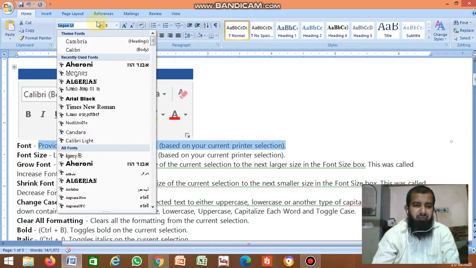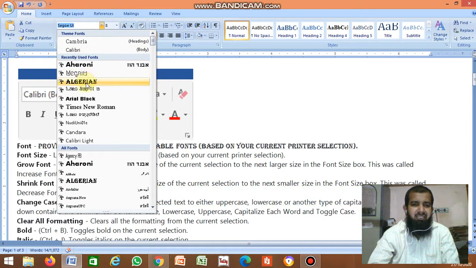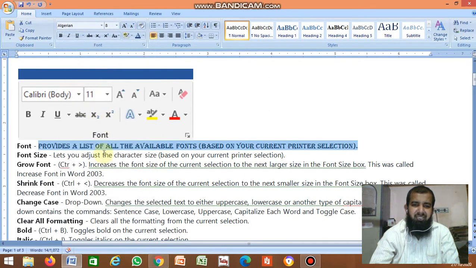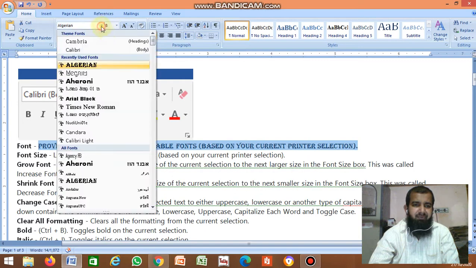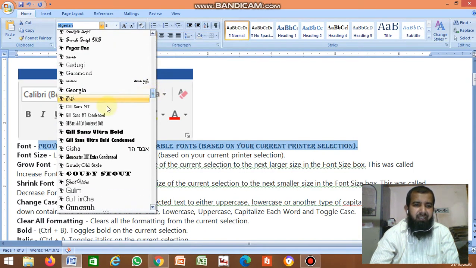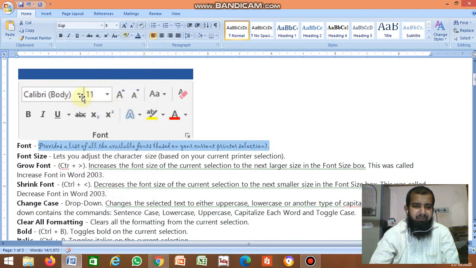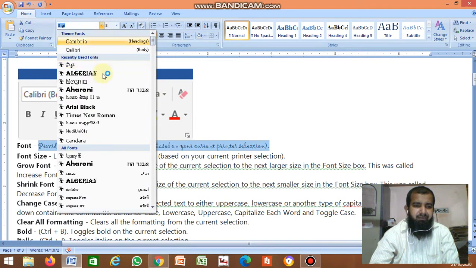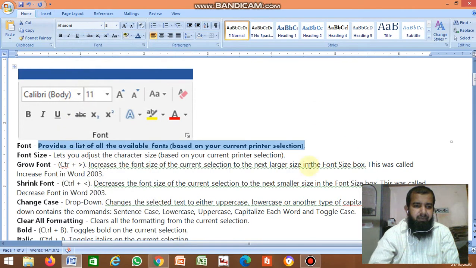It displays many fonts. Whichever font you want, you just select it, and it changes the font. There are many fonts available, you can select any font. Clear, no?